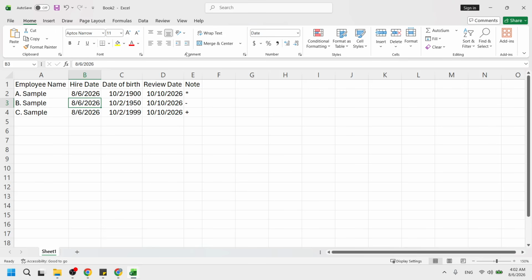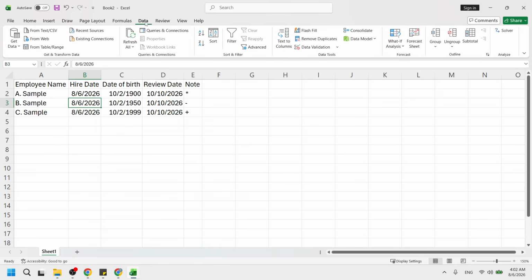Now, go to the Data tab on the top ribbon. Look toward the upper part of the Excel window and click the tab labeled Data to bring it to the front. On this tab, you will see a group called Sort and Filter, which holds the controls we need for this task. Next up, click the large Filter button, the one with the funnel icon.